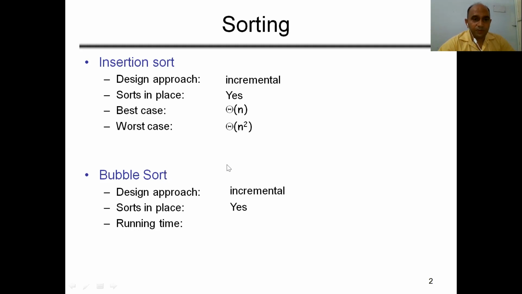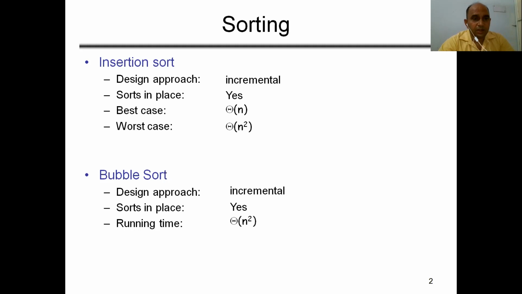The second property of these two sorting algorithms is that they are in place sorting. Yes, both are in place sorting. If an algorithm requires a constant memory space, meaning the extra space is constant relative to the problem, then we say it is an in place sorting algorithm. If the extra memory space is variable, then we say it is not in place sorting. In the next example, we will understand this concept of in place sorting.